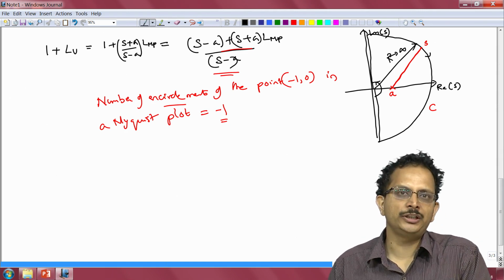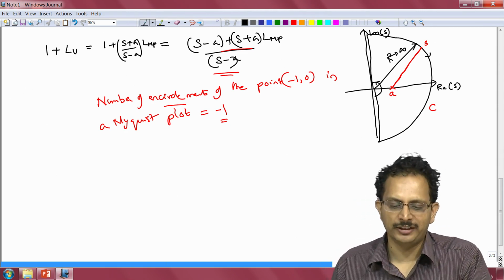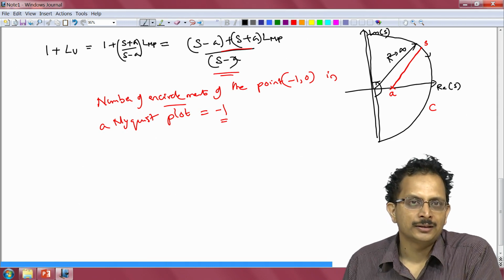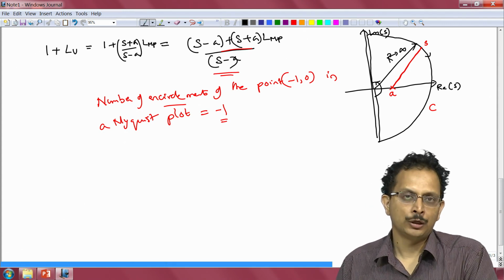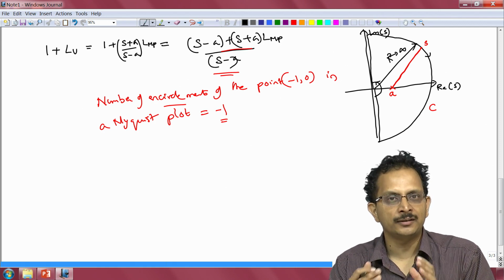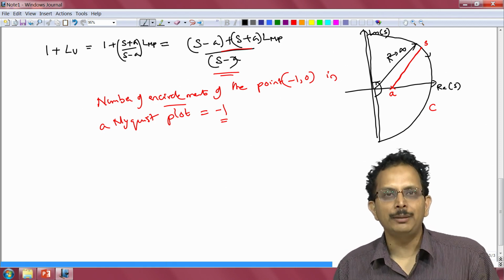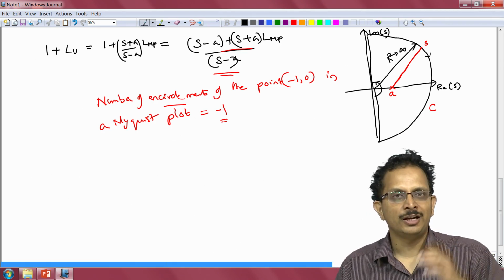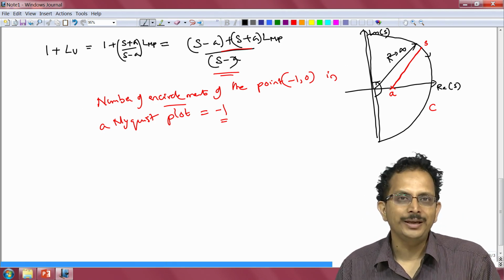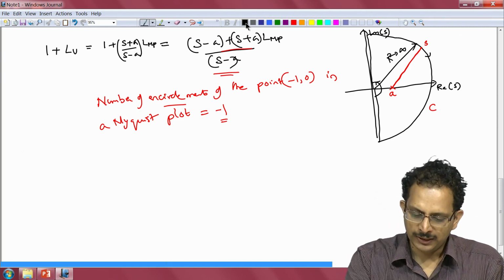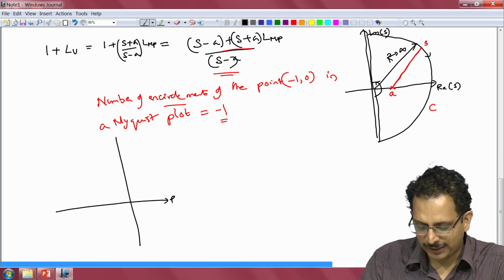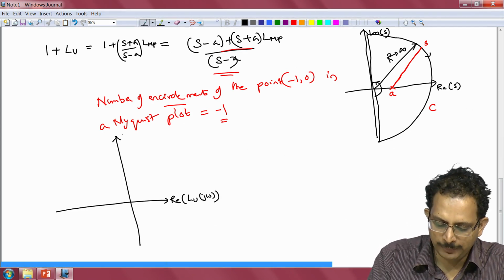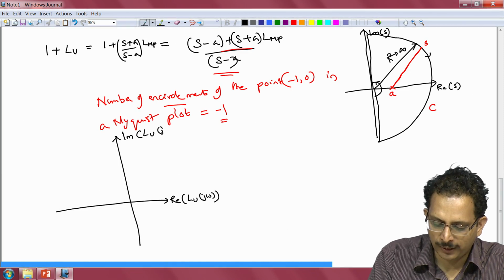So now let us proceed to draw the Nyquist plot for the three cases that we discussed. The first case is one where the two phase crossover frequencies were both greater than the gain crossover frequency. Now when both the phase crossover frequencies are greater than the gain crossover frequency, what we are essentially claiming is that at both the phase crossover frequencies the gain of the open loop system is going to be less than 1. So if we were to draw the Nyquist plot for this case, the x axis will be the real part of Lu of j omega, the y axis will be the imaginary part of Lu of j omega.